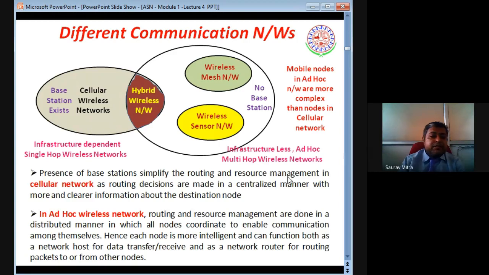So the routing and resource management in a cellular network, or infrastructure based network, is very good, and decisions are made in a centralized manner with more and clearer information about the destination node. So if somebody is trying to call somebody, that information first goes to the base station, which understands it is coming from person A and has to be given to person B. So the base station knows where A is and where B is,